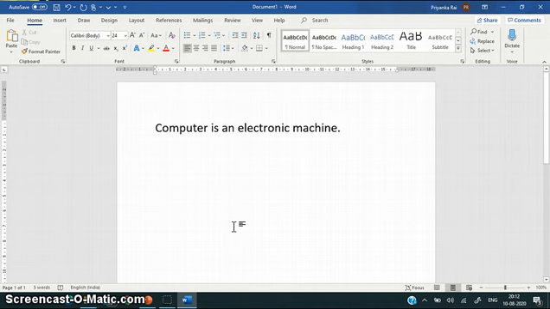Students, this was the introductory part of Microsoft Word, how we can open Microsoft Word and how the Microsoft Word window looks. In the next part, we will discuss how we can create a document, how we can save a document in different formats, and the other different features of Microsoft Word. So students, I hope till here you are very clear with all the aspects, the introduction and the Microsoft Word window, and read the chapter well. So thank you students.